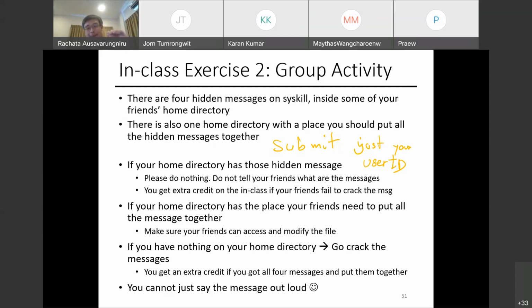This is way quicker than I think, which is great, right? But if you haven't tried this out, submit your user ID, all right? Submit your user ID in class too. You try it out, guys. We have 15 minutes and you realize how quick this can be done. With some loophole that I left there, you should be able to figure it out with the commands we learned today.